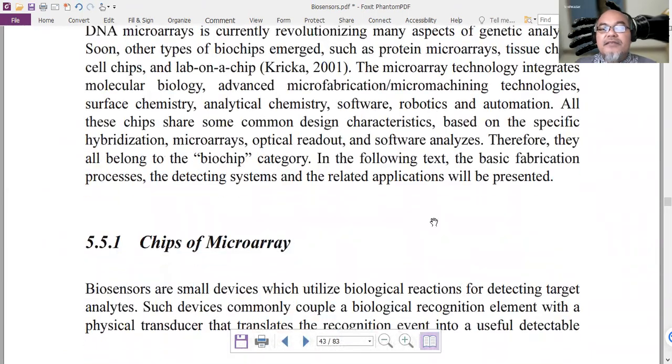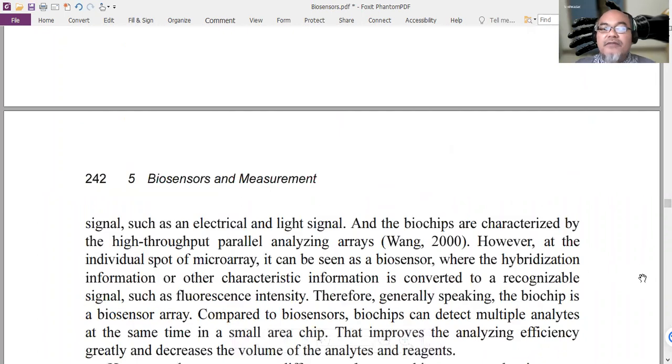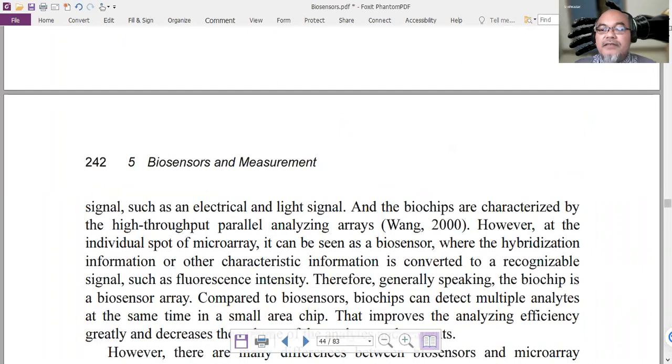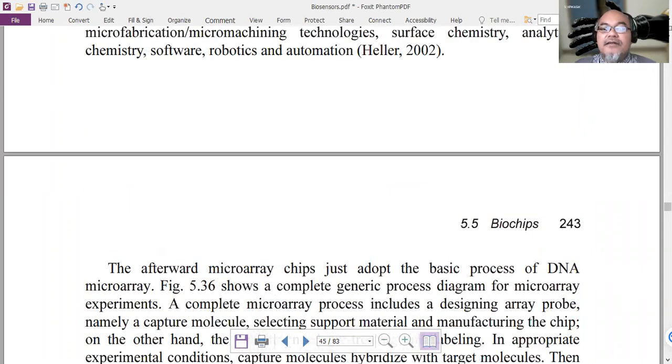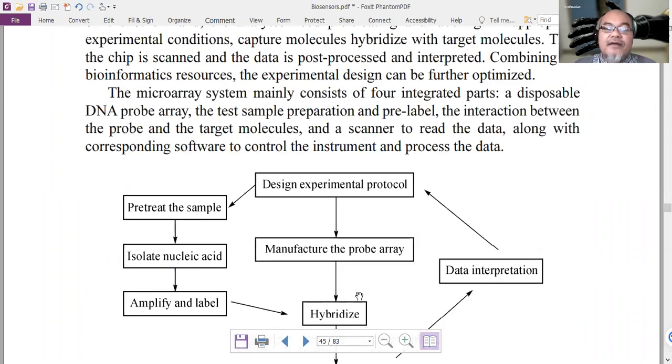And the biochips are similar to the discussion about lab on chip and microphysiometers. I believe we have discussed it quite a lot in the previous chapter. I think I will conclude the biosensor chapter there. Please read the chapter again later. As a final remark, it will also conclude the